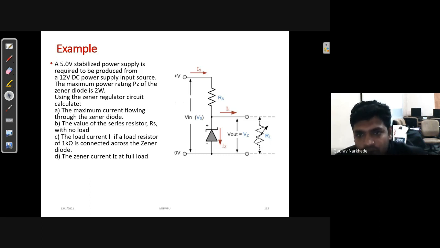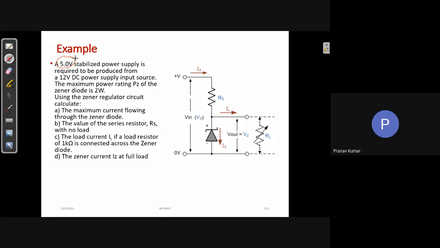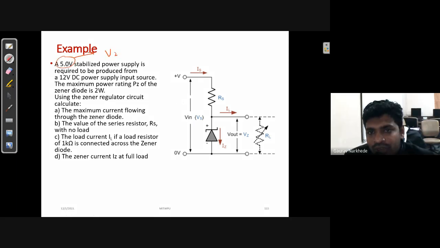So what he is saying, that a 5 volts stabilized power supply is required, मतलब output कितना चाहिए आपको, constant 5 volt. So what you will take, VZ of 5 volts you will take, correct. Zener diode जिसका जो 5 volts का है वो आप सिलेक्ट करेंगे, करेक्ट।